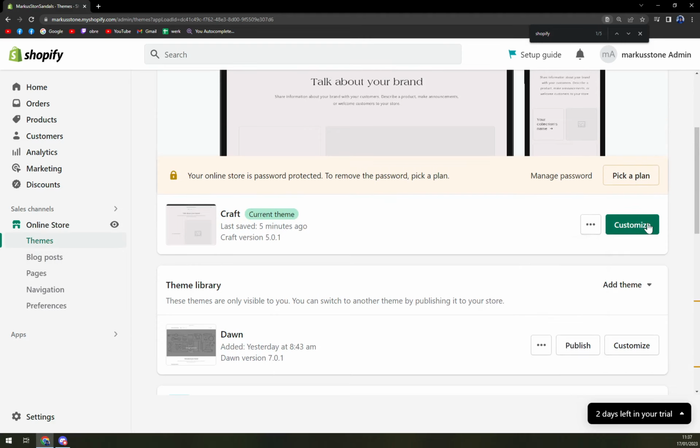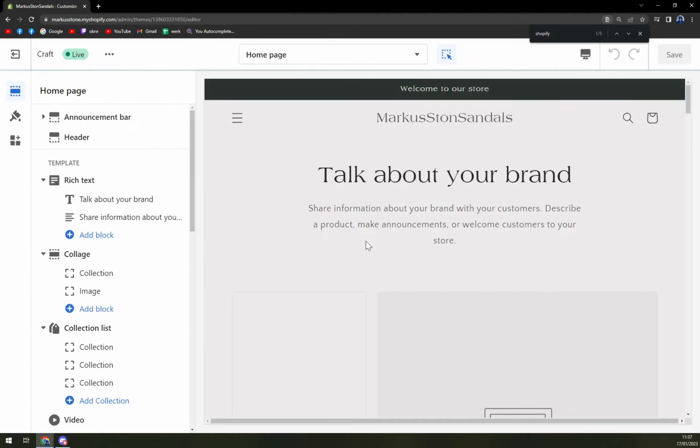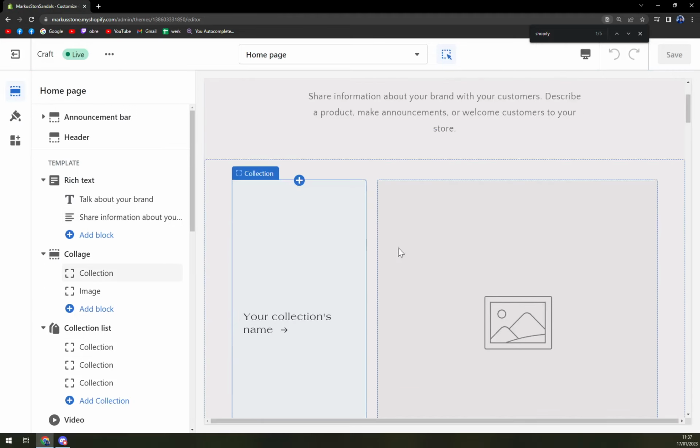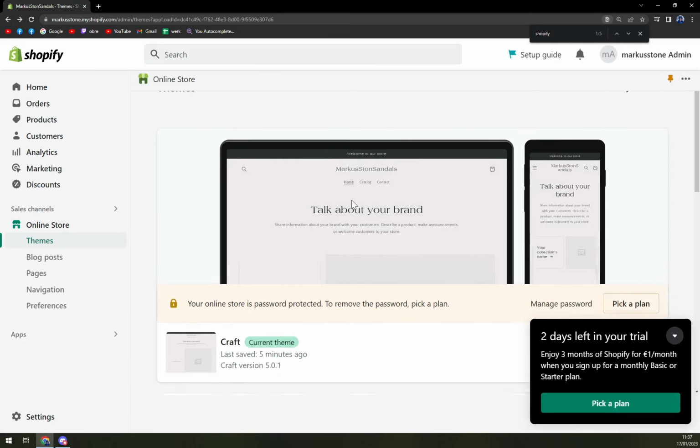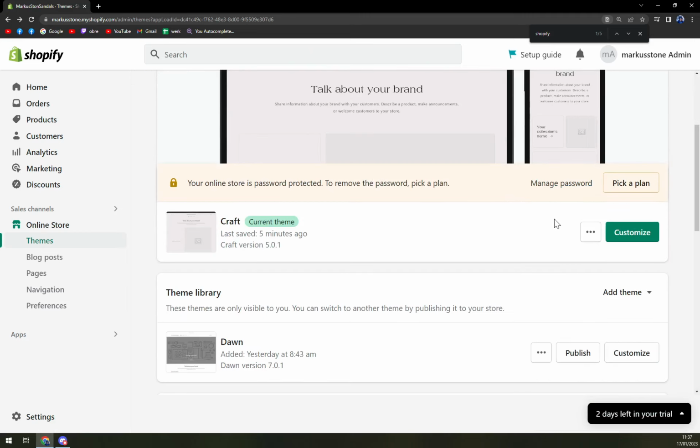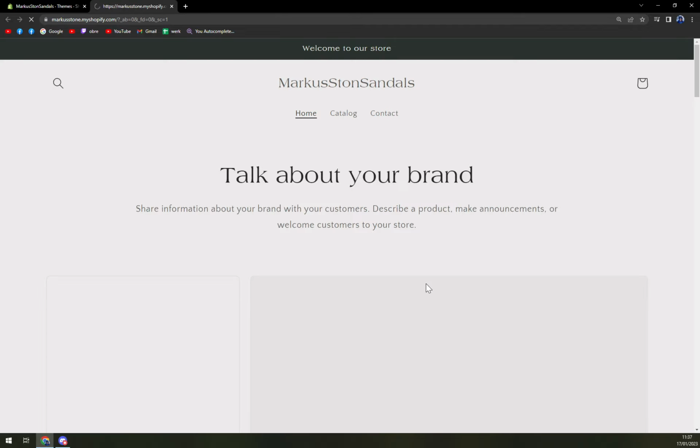and we can customize it, which is the green button where you can just check around all the things that you already managed to succeed. And then on these three dots we have option of preview,